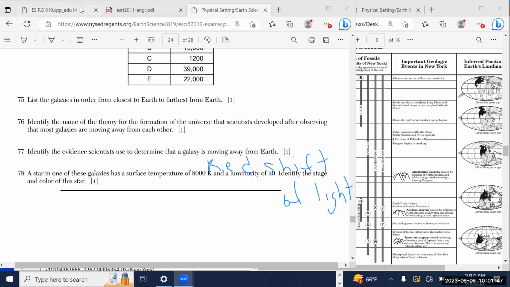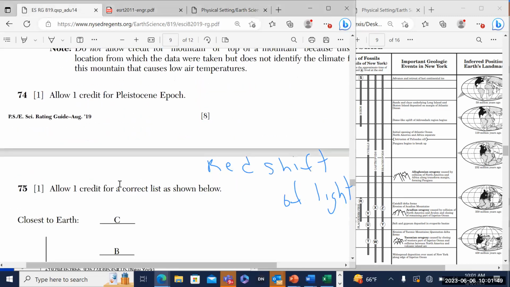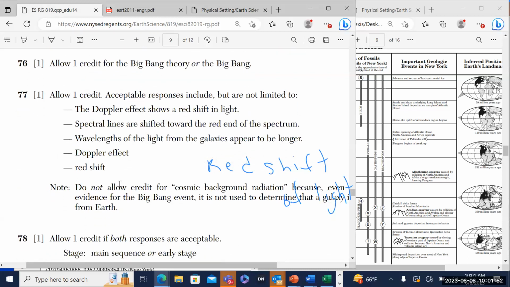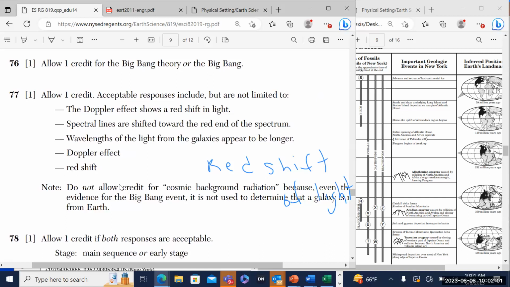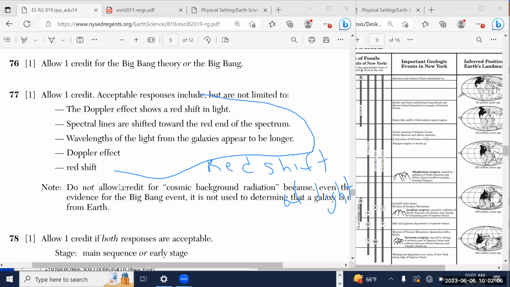You could have mentioned any of these other answers as well. So you could have mentioned the study of the Doppler effect, redshift. You could have mentioned the wavelengths of the light from the galaxies appear to be longer. The spectral lines are shifted towards the red end of the spectrum, and the Doppler effect shows a red shift. Any of those would be acceptable. All right. Now, next,